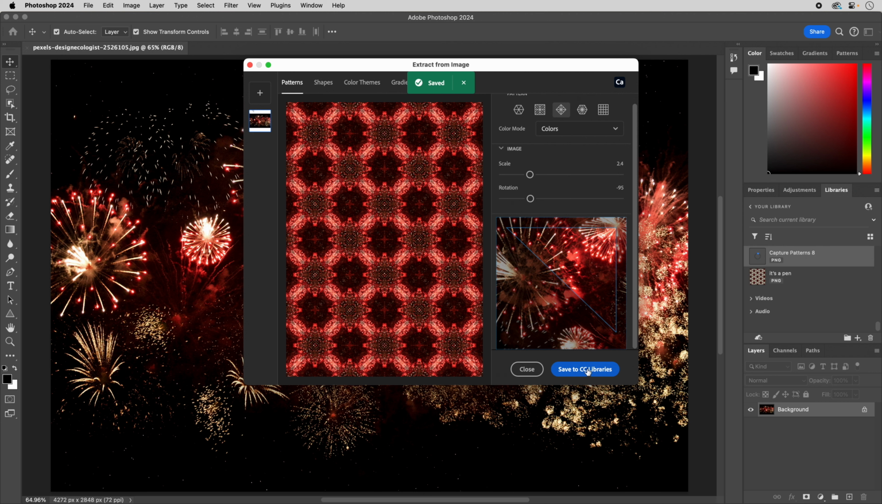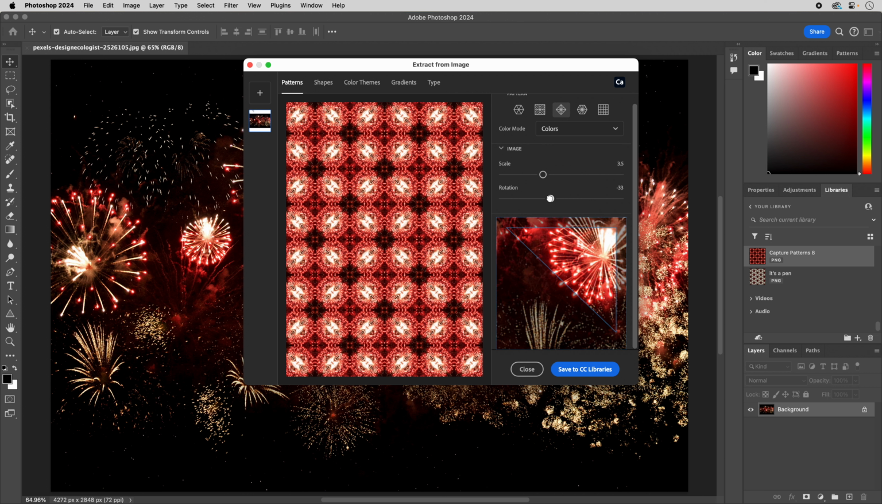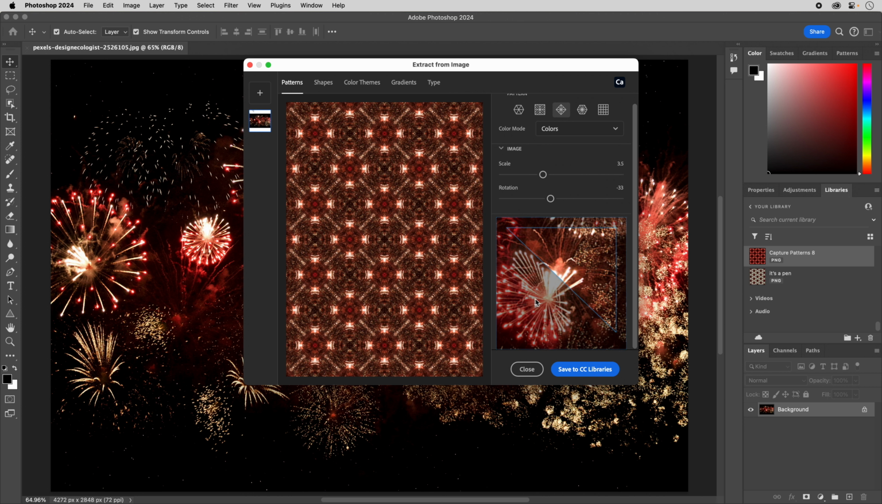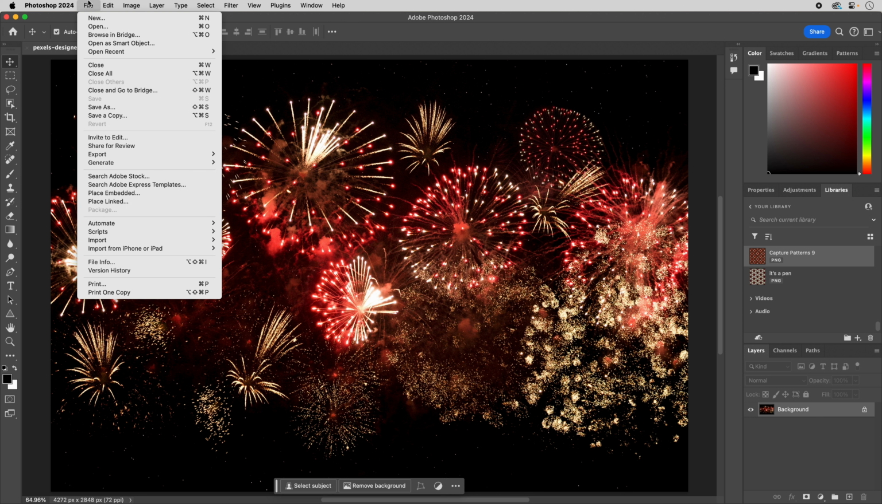Now we're not done. We can go ahead and rescale and rotate and then find a different part of the image. And guess what? We've got 2 patterns from one image. Awesome. All right, so I'll close this. And we're actually done with this image. We don't need to do anything more. So I'll just go to File and Open